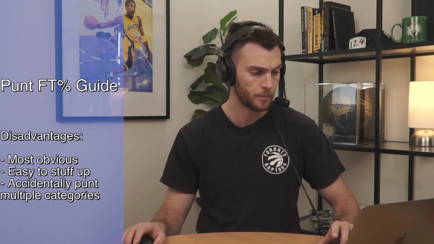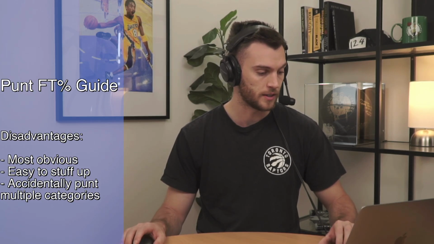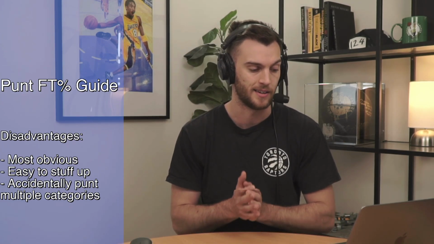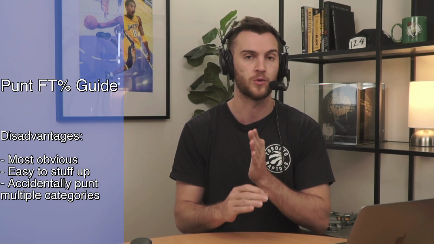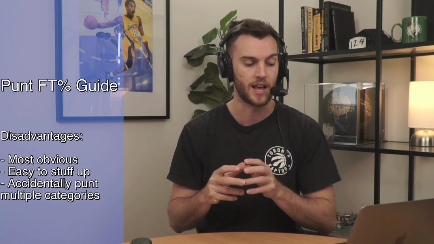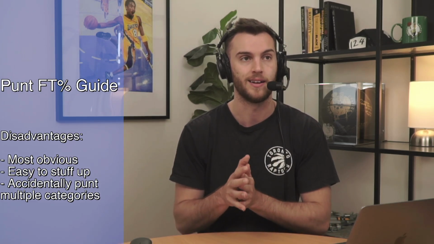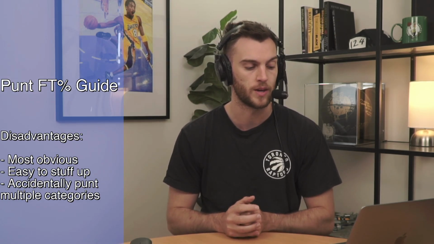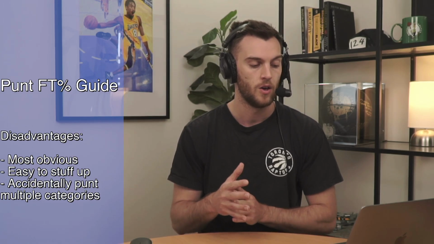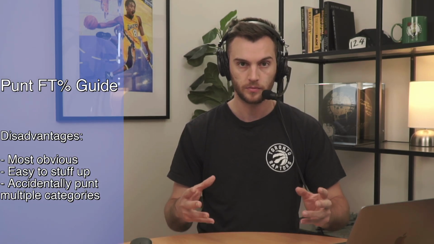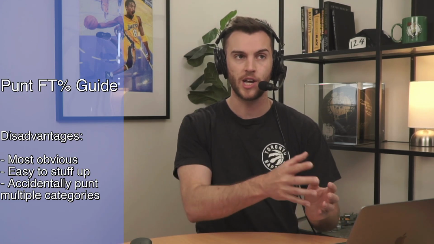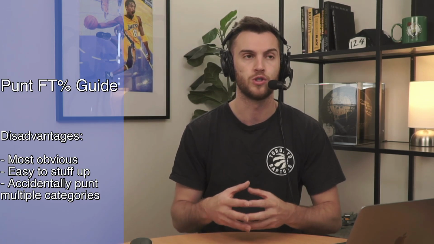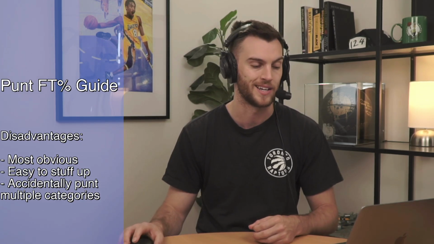So I'm going to look at the next little part here. We're going to look at the top 25 players based on 9 category rankings of last season, and we're just going to have a look at who in that top 25 had free throw percentage as their worst category. I'm going to be doing this over the next couple of episodes to see, of these next 4 videos, which category the punting most applies to, which is the most common strategy that we're going to see for all of these players.